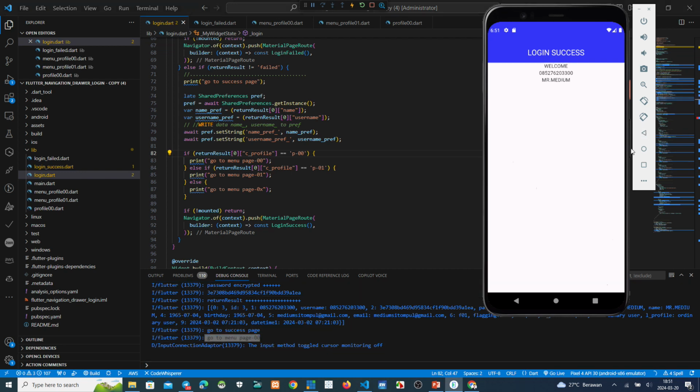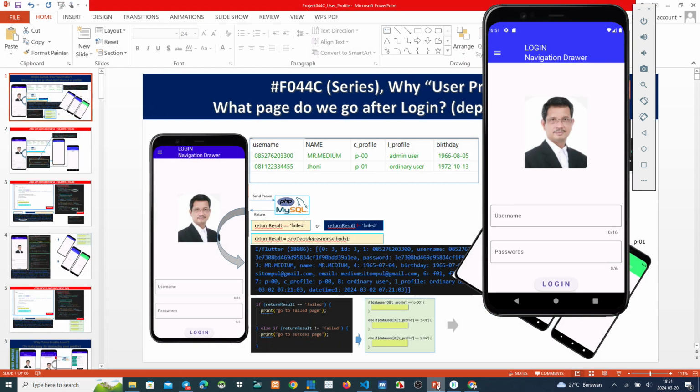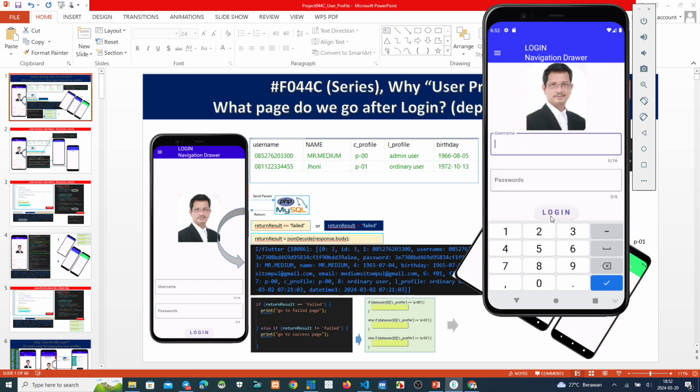Okay, if we log into page C profile 01, we try. This is the username. Okay, this is the password.